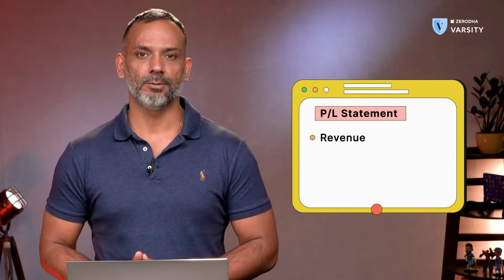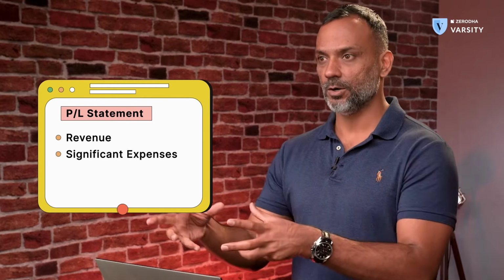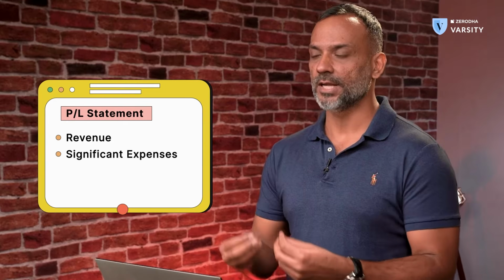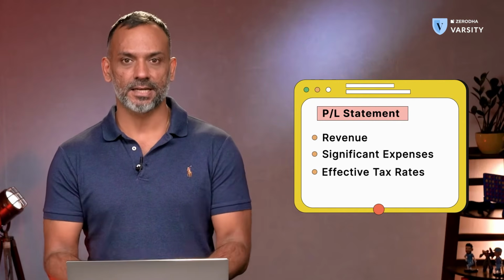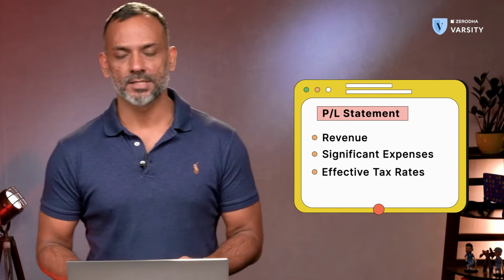Let me conclude this video by taking you through the key line items that you need to pay attention to when you are analyzing a financial statement. For example, in a P&L statement, do pay particular attention to the top line, that's the revenue generated by the company. Try and analyze the expense and identify which are those line items which are heavy on the expense side. Do try to understand why they are heavy and why is it so expensive for the company. And finally, try to understand the effective tax rate of a company, and then obviously look at the PAT of the company.